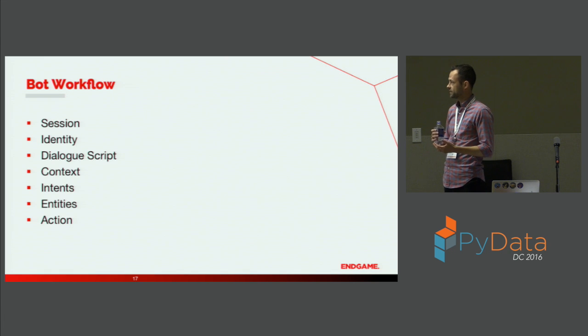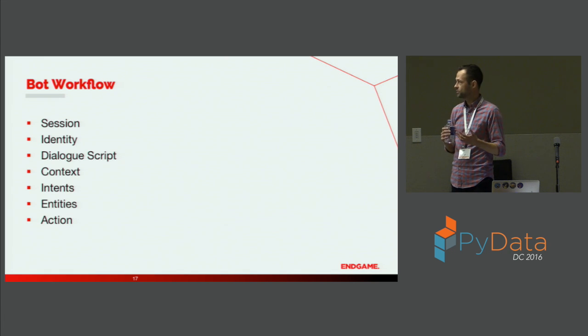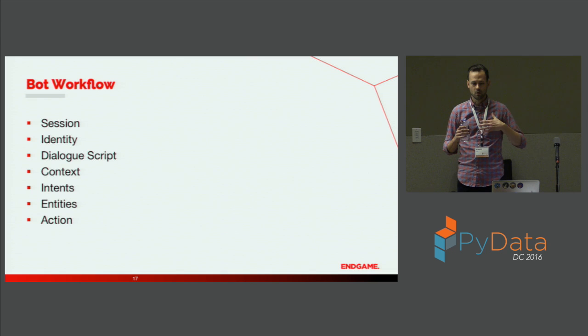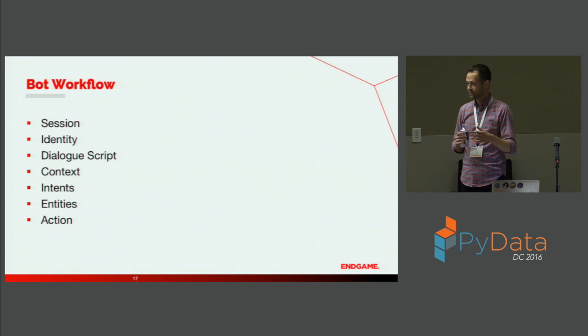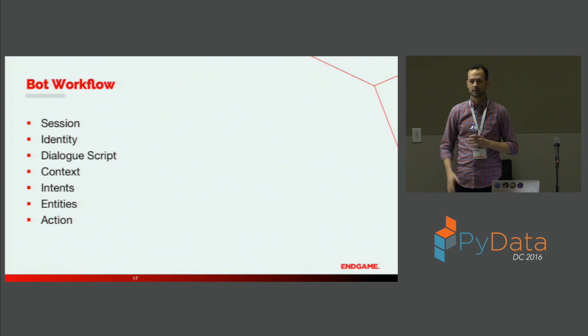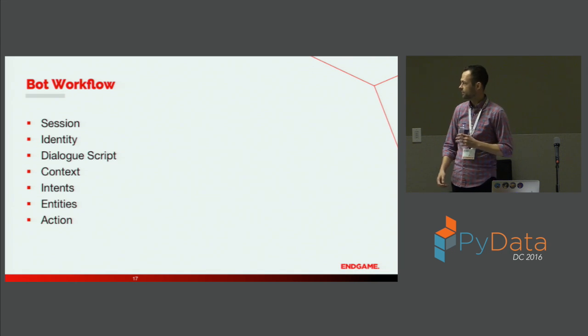The bot development kits more or less help you with session, which is just when the user starts interacting with the bot, it locks you into a session, logs everything, everything's associated to one user. Identity we touched upon, which is just capturing your persona and making it accessible to the bot. Billing information, credit card information, whatever. And then the dialogue script is really the beginning point of where you're interacting and providing context to the bot.